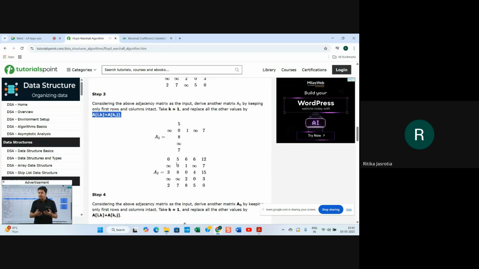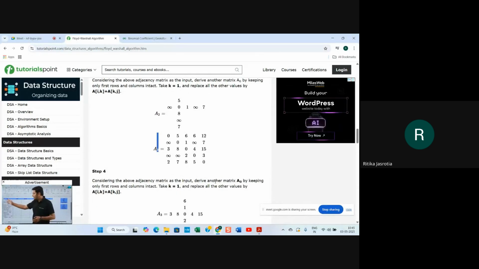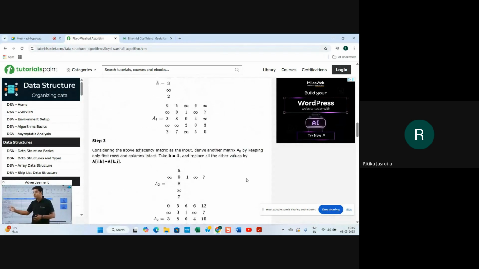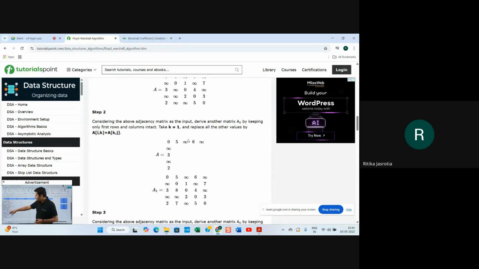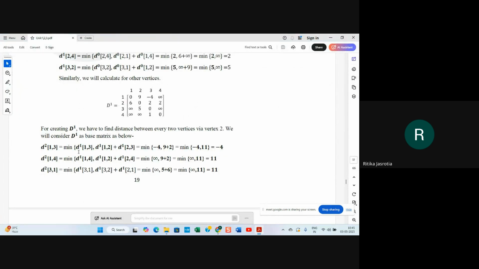After you get this A2, you get this value, right? Then this is your base for the next matrix value. This will be your base. So you will keep on increasing k's value also. They have not increased the k's value. First k will be equal to 1, then for the next matrix you are taking, k's value you will take 2, something like that. You keep on increasing.